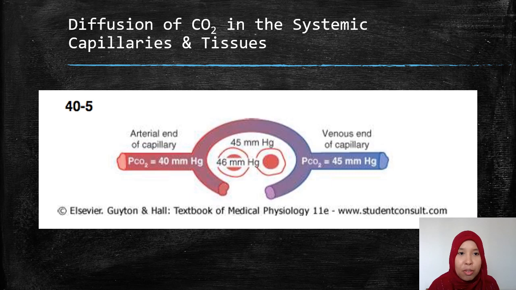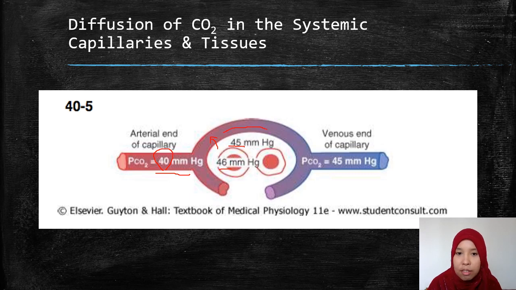Alright, now this is to show you the diffusion of carbon dioxide in the systemic capillaries and tissues. As you can see, the blood that has just been pumped out from your heart is fresh blood with very little carbon dioxide, so it's at 40 millimeter mercury, and the level of carbon dioxide in the tissue is only about 46 and 45. So there's a difference here, right? About 5 or 6 millimeter mercury difference. So the partial pressure difference will cause movement of carbon dioxide from the tissue to the blood, and this will